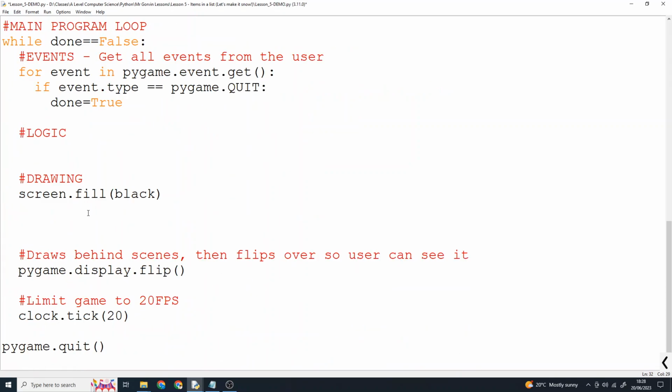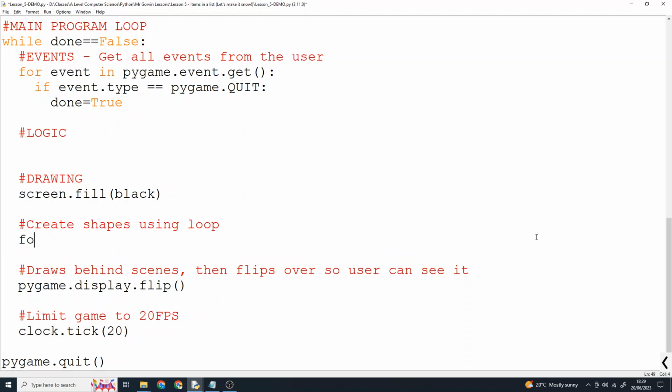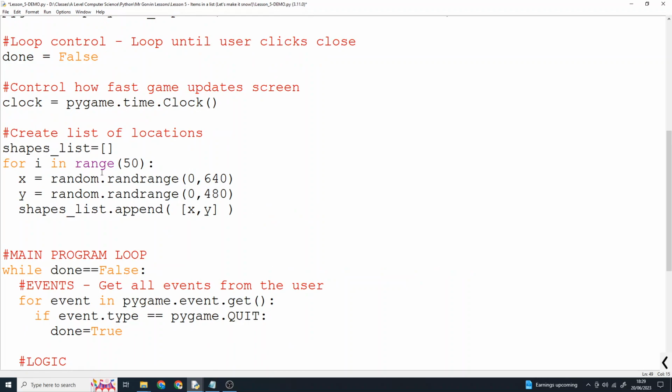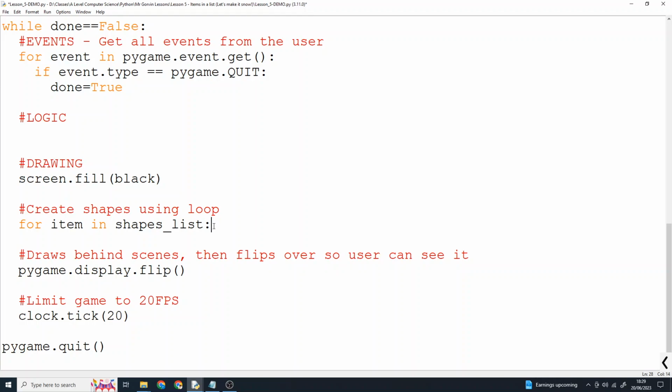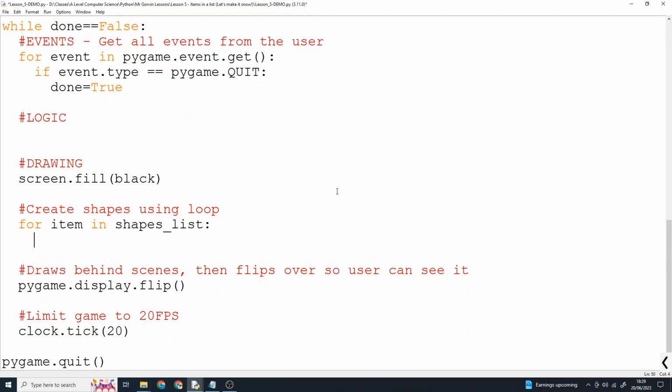We now need to do some drawing using that list. So back in our main loop now, we are now going to create the shapes. So I'm going to do a comment, create shapes using loop. Okay, again, for item in shapes_list. So what that's going to do is loop through each item in this list we made up here, for item in shapes_list, and we are going to